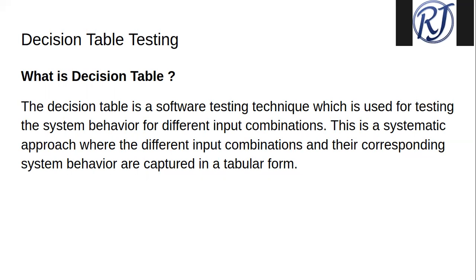There we can have different combinations of input, like the user enters an incorrect username but the correct password. Another combination could be the user enters the correct username but an incorrect password. So like that we have different combinations, and for each combination we have different rules. Like in the login form, it will allow the user to log in only when the username and password both are correct. So let's see how we can solve this problem with the help of the decision table technique.